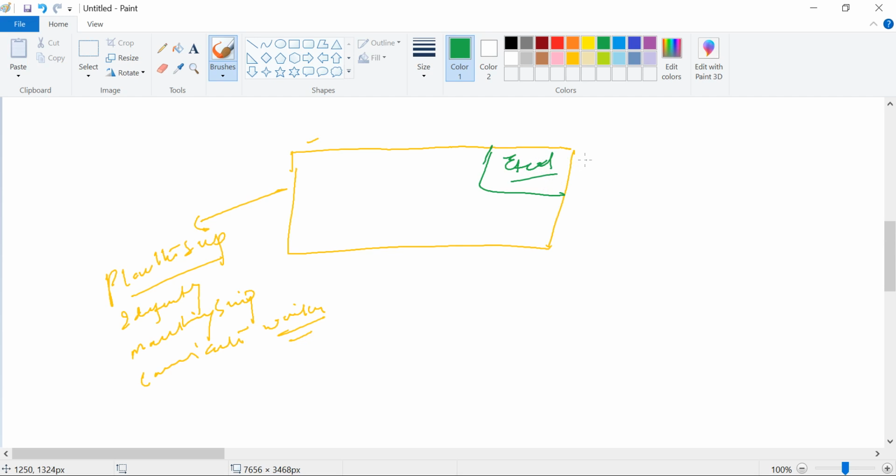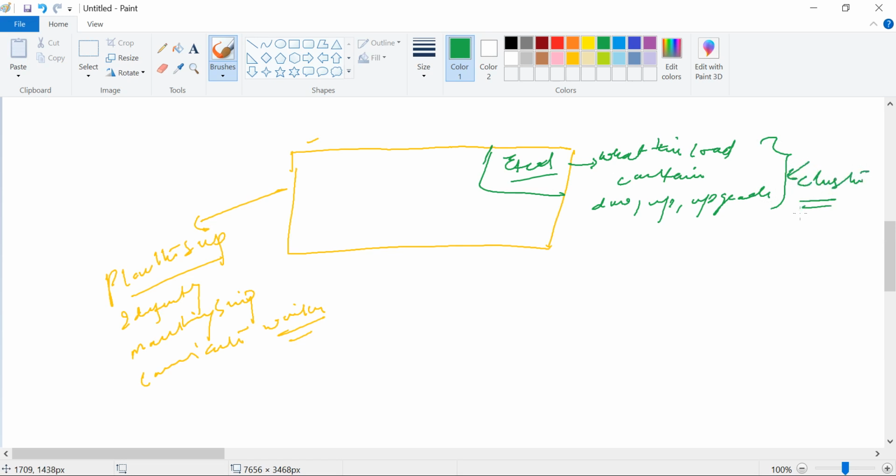So in etcd, what things come here? Whatever happens to your containers, anything going down, up, or being upgraded, in your cluster, all of it is stored in the etcd component. So it's a main component of your master node.